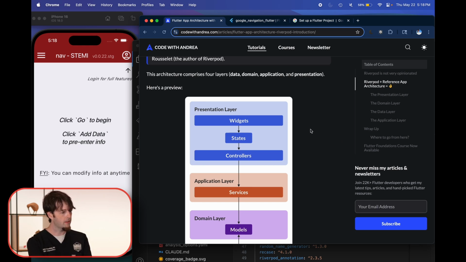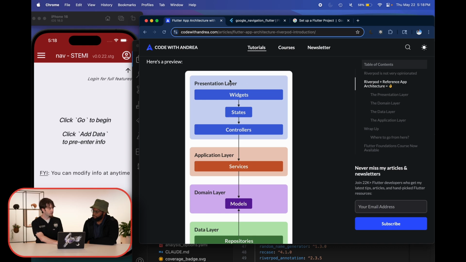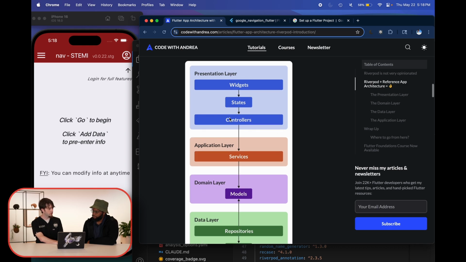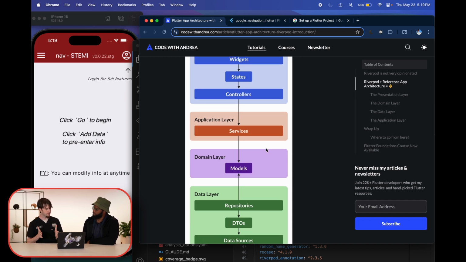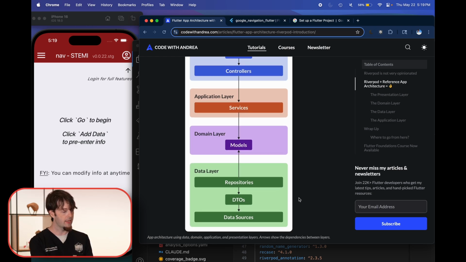And Code with Andrea, the website specifically gives this Flutter app architecture with Riverpod that has a difference between the presentation layer and the controllers that can call the service. The application layer, which is basically that glue that allows you to connect with different services and repositories if you need to. The domain layer that has your models, and then the data transfer objects, and to see where those are relevant as well.